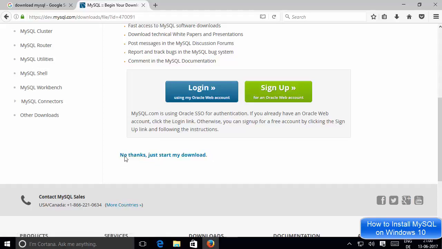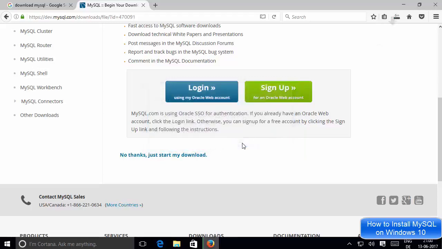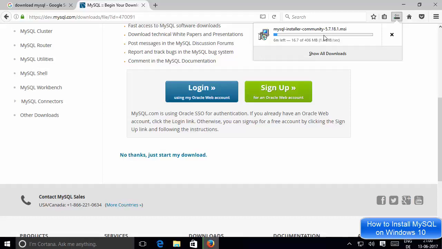So you just want to click this link which says No thanks, just start my download. Just click this link and now the download will start. You can see a 406 megabyte file will be downloaded, and I will just say save file. By the way, it's quite a big file, so it will take some time to download.